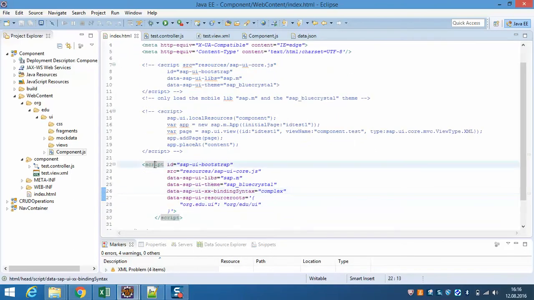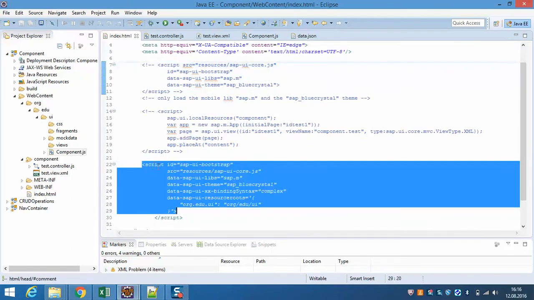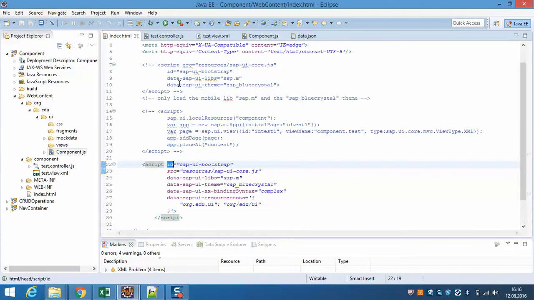If you can see here, I have the same script tag, the same id, and the same src. I'm pointing to the sap.m libraries, and the theme is the blue crystal theme. These two attributes I have introduced newly. The data-sap-ui-xx-bindingSyntax is complex, and then resource roots, where I'm giving org.edu.ui, which is the org edu ui folder that I have created. Once you map this,